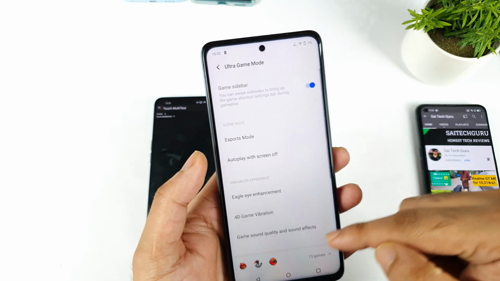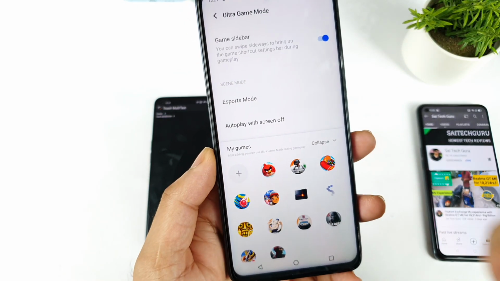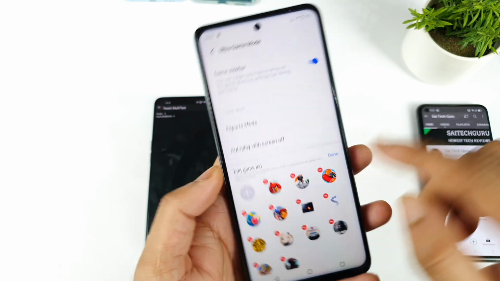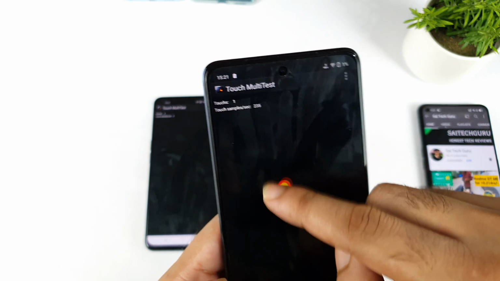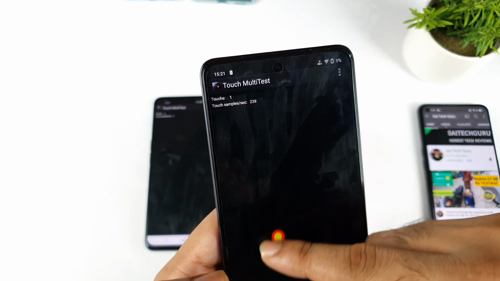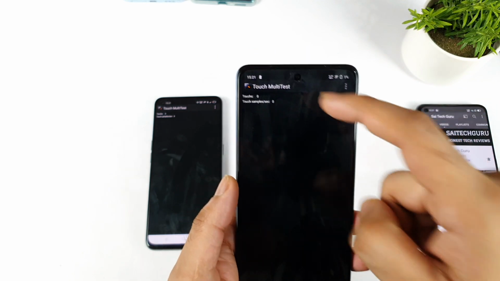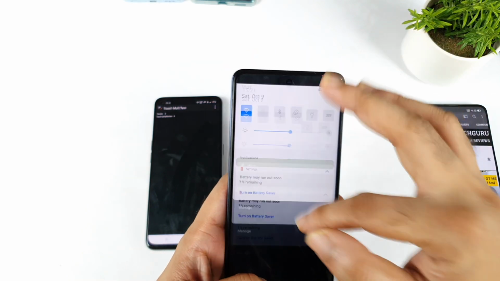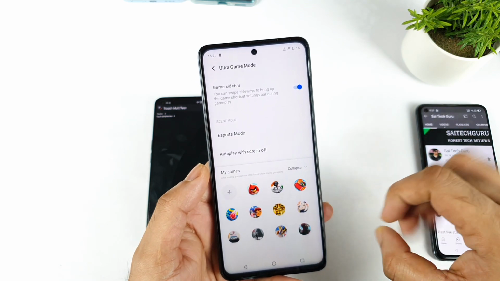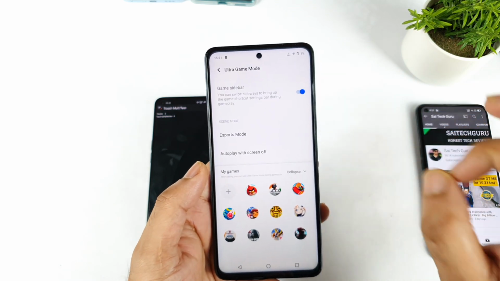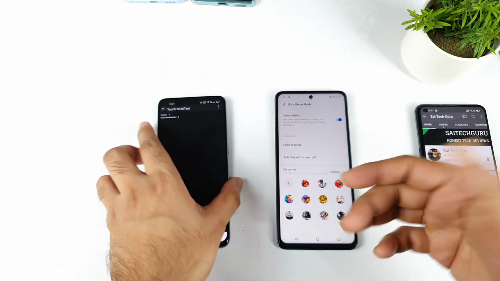For example, I need to add this application into the ultra game mode; only then was I able to get that higher touch sampling rate. Now let me disable this application from the ultra game mode and look at the score. What happens? We are getting about 240. So 240 minus the 120 refresh rate gives a 120 Hz touch sampling rate by default. But if you add these applications into the ultra game mode, you can definitely enjoy the 240 Hz touch sampling rate. So while gaming, you won't have any issues. The 240 Hz touch sampling rate will be enabled in this iQOO Z5. That's another point I thought of mentioning.